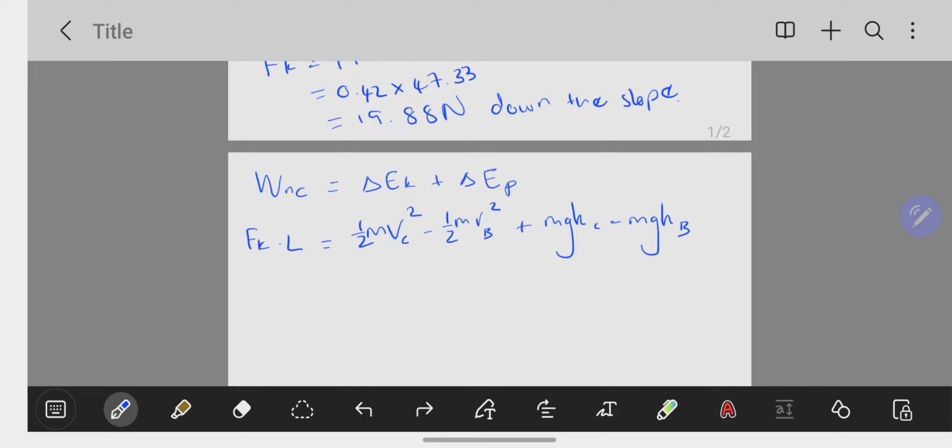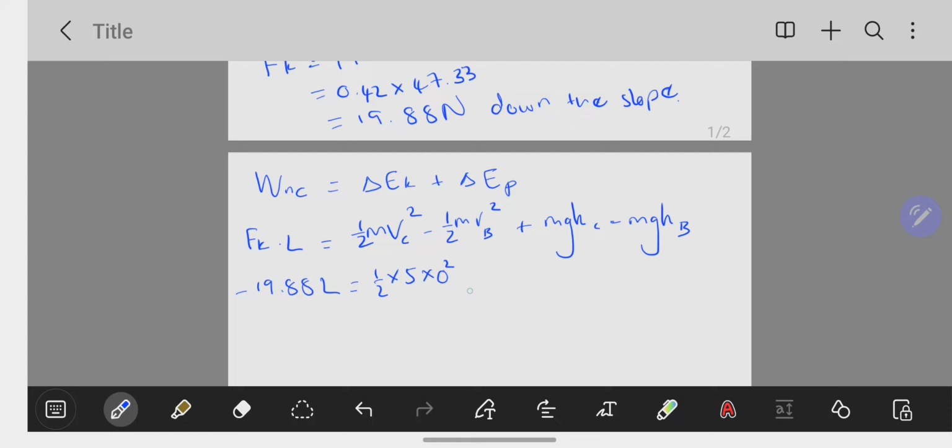We'll choose up the slope as positive. Therefore, down the slope will be negative. So negative 19.88 times L equals 1 over 2 times 5, that's our mass, times